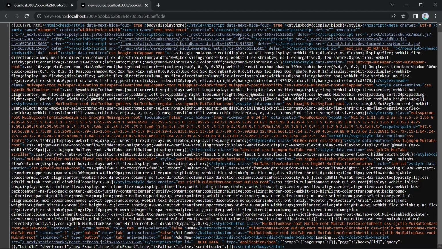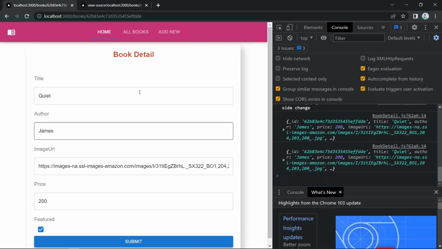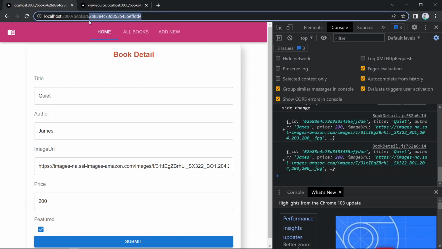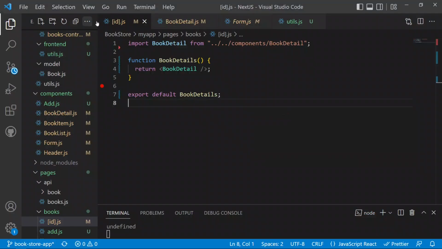So now you can see you will not get any data inside this HTML page, because now we don't need the SEOs to work on the detail page because it would be useless. So I'm using the useEffect here, and if you want to render it onto the server side and into the page source as well, into the HTML file for the SEOs, you can just write the getServerSideProps here,